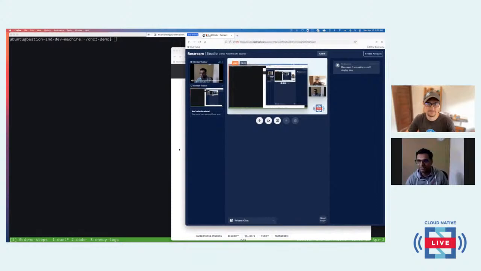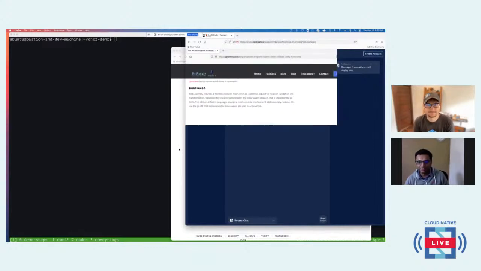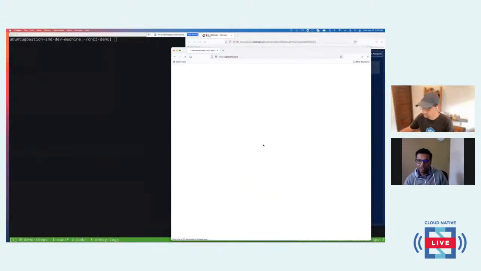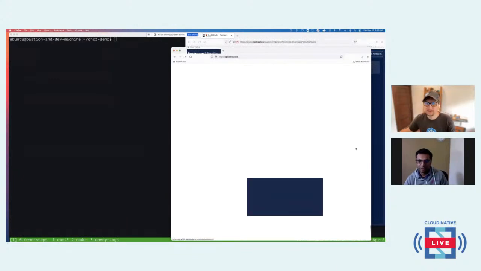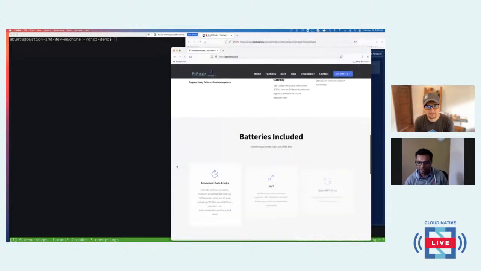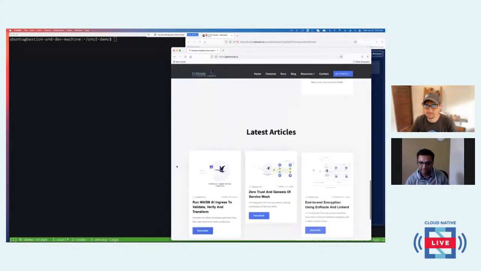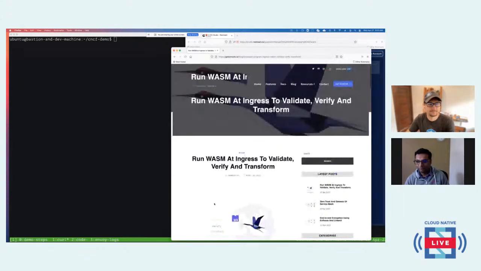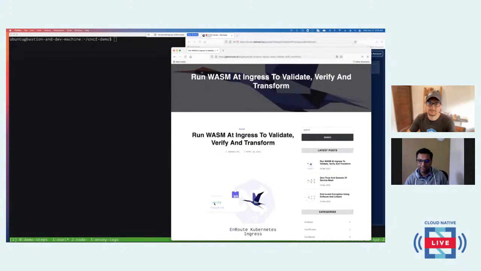Today's session is going to be how a developer can run an Ingress very easily and at the same time extend it using WebAssembly. What we are going to talk about today, a very high level outline can also be found on the website. We just put this article out, and the plan for today is how do we use Wasm to validate